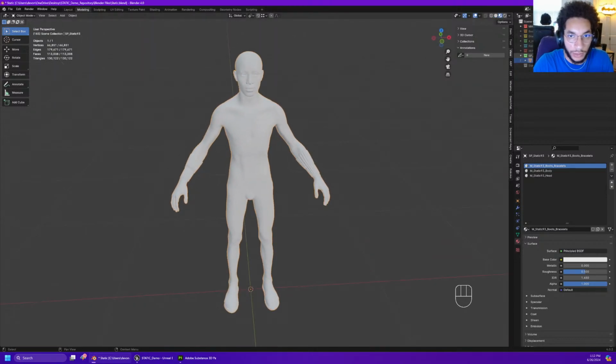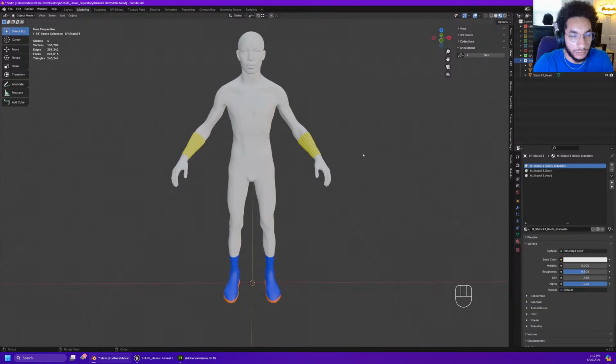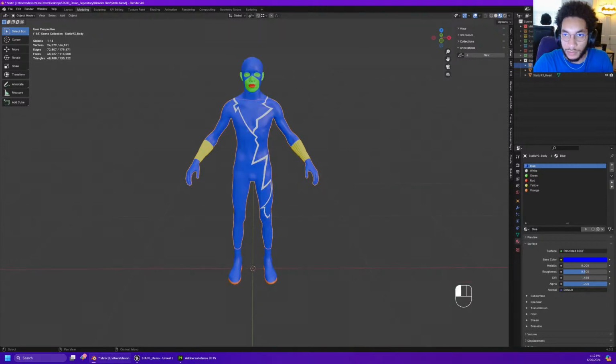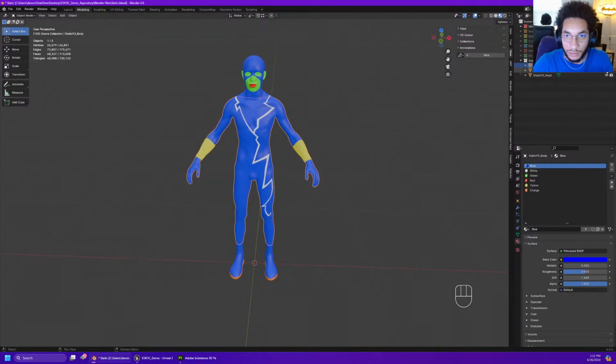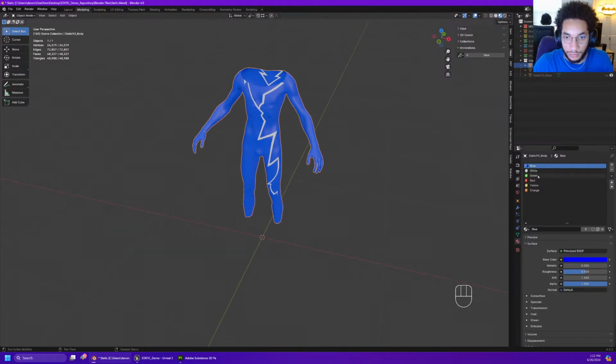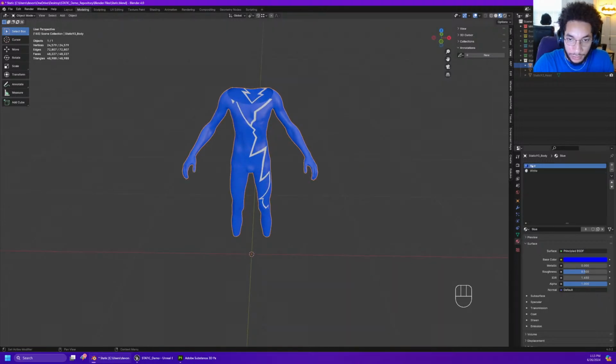So we have this one, and then so let's hide that one, and then hide the boots and the bracelet. Just do the body. So we need to get rid of these because that's all we have is blue and white. And then this blue,